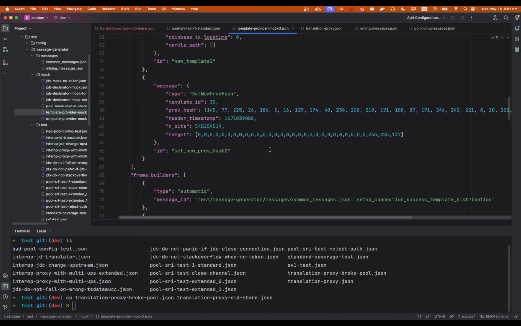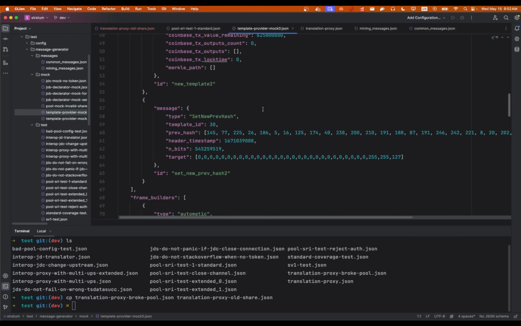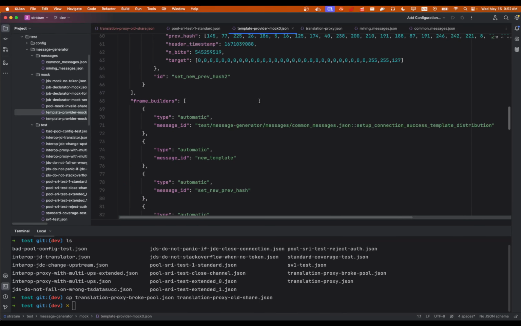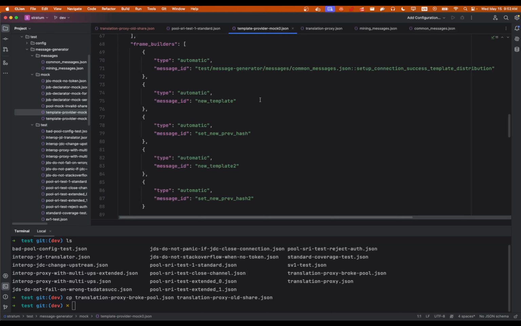So here we can see that there are these messages. Okay, let's go to frame builders. Then it's below. Before, you have the messages, and then at frame builder you are building the frames with the messages that you defined before. Here again we have a particular message that is defined in that is